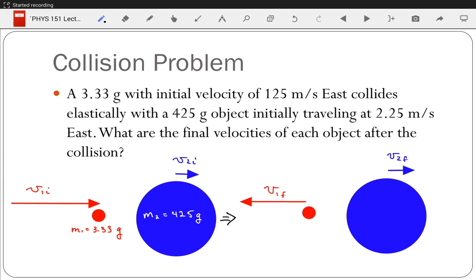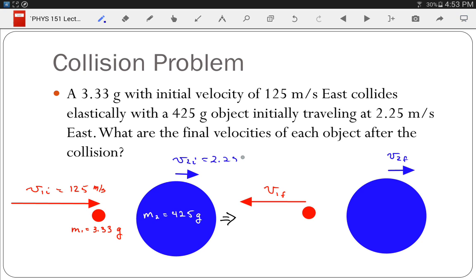Okay, looking at the collision problem that we started in class today but didn't finish. I've drawn the picture already. We have a situation where a low mass, that is a 3.33 gram ball, the red ball, with initial velocity of 125 meters per second, I didn't write that in, so I'll write that now, is going to collide with a slow-moving massive ball that is 425 grams and has an initial velocity of